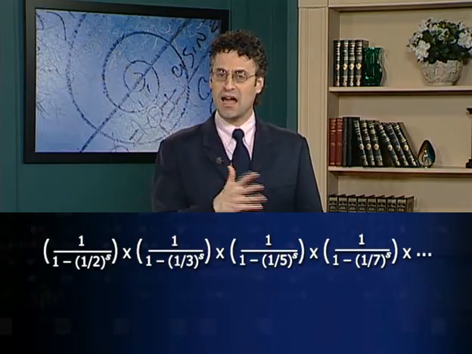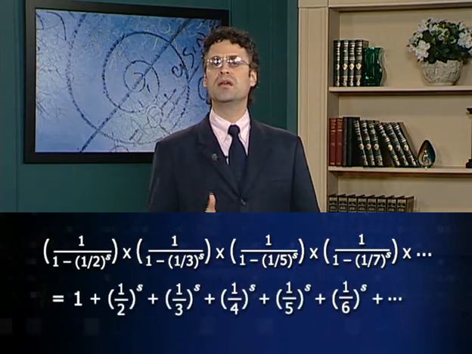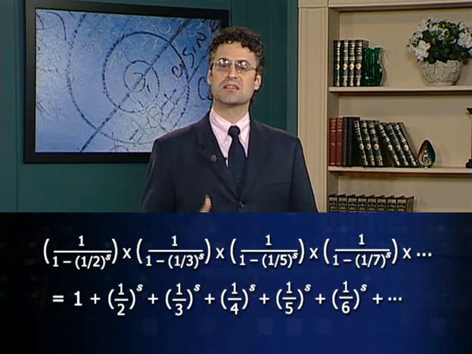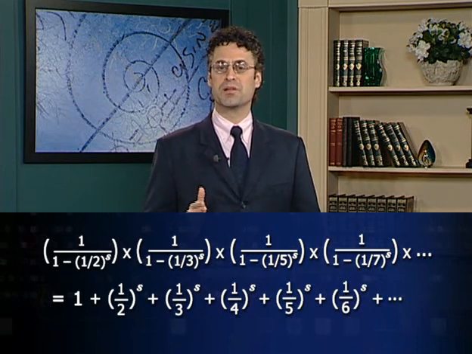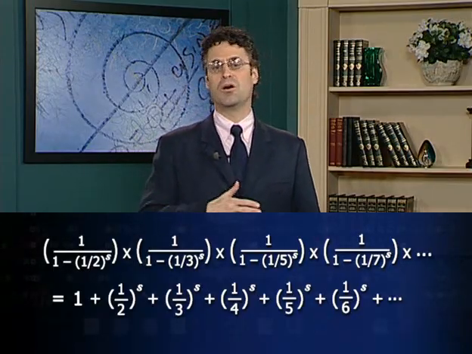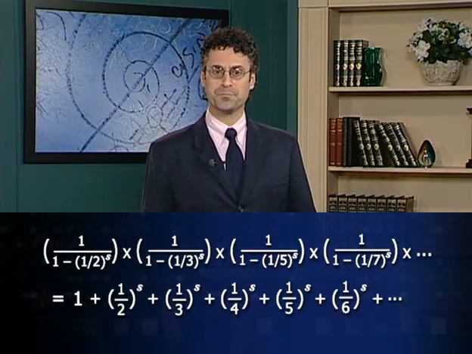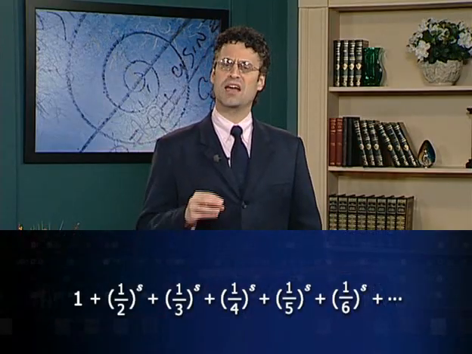then if we multiply all that out using the exact same idea, we see a sum, but now the sum is 1 plus 1/2 to the S plus 1/3 to the S plus 1/4 to the S plus 1/5 to the S plus 1/6 to the S, all the way out to 1 over 300 to the S plus, and so on, all the way out. Well, the infinite series that we just saw here, 1 plus 1/2 to the S plus